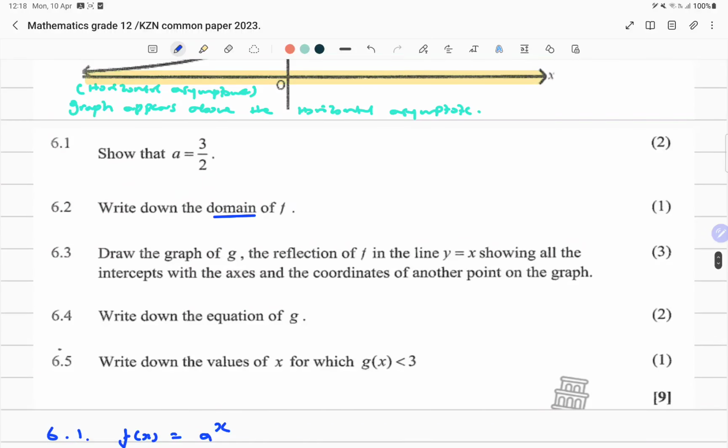Now it says draw the graph of G, the reflection of F in the line. Now when you say something is a reflection, it is a flip, but this line y equal to x, it's an inverse line. This is an inverse line. So ideally this means we want the inverse of f, basically, showing all the intercepts with the x's and the coordinates of another point